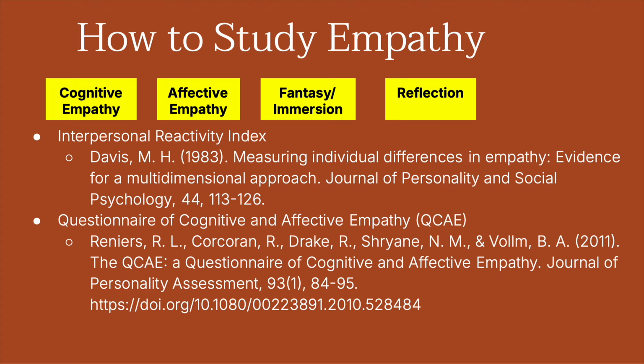And just keep that in mind. Anytime you're going to build a survey, you want to use questions from a survey that's already been validated, something that's already been created and done. So you're not just making up questions on your own, because that often leads to asking a question that you already want the answer to, or asking a question in a way that gets you the data you need. But if you use verified surveys like the QCAE or the Interpersonal Reactivity Index, these questions have been used time and time again in different research studies, which makes them useful, valuable, and validated so that we can consistently use and measure them.